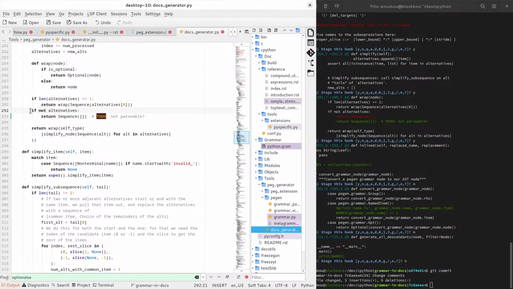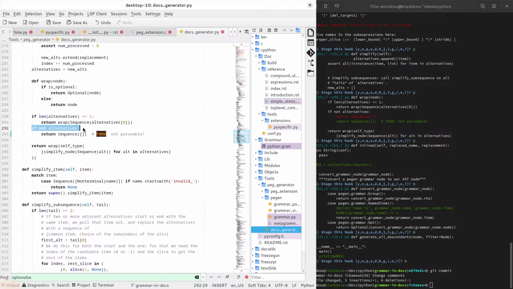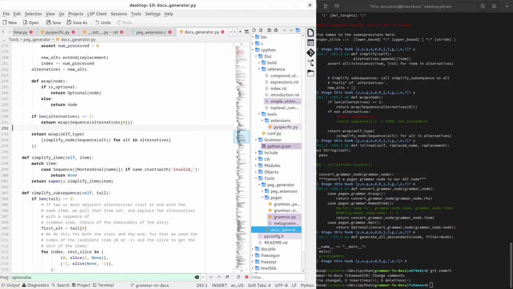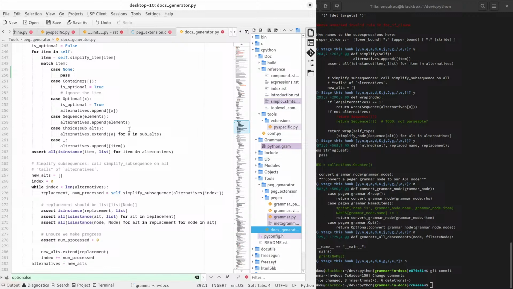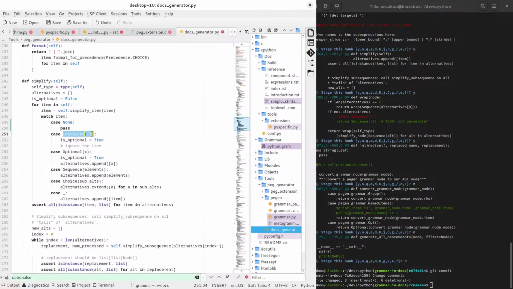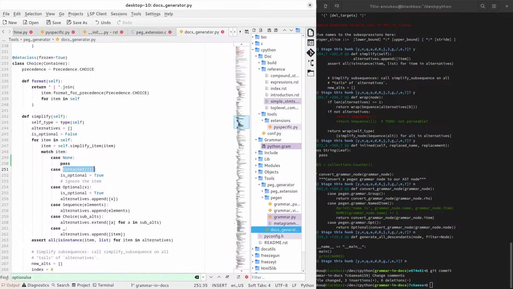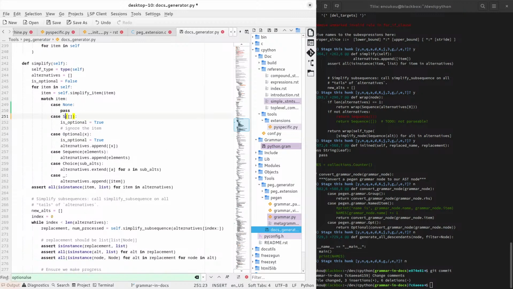So if there are no alternatives, then we should return an empty choice, right? Well, that's what we're returning now, right? Now we're returning an empty sequence. Oh, an empty sequence. Okay. So let's remove this special case, and then what we have to do is we use empty container basically to mean empty sequence, but we shouldn't,